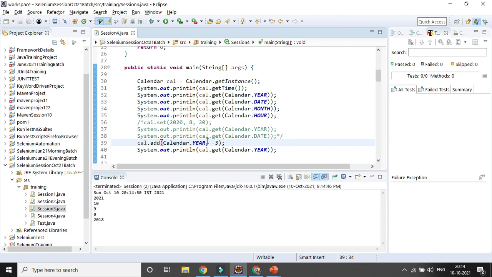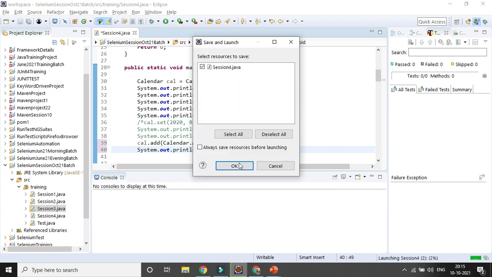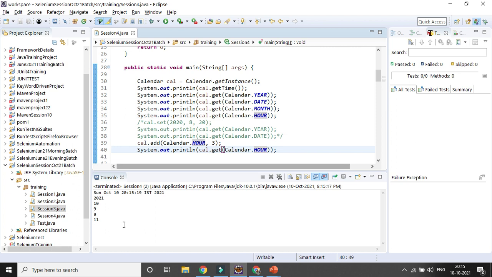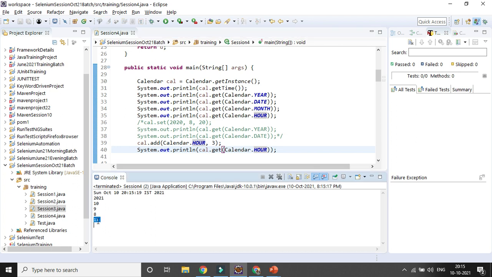Suppose I want to add hour as plus 3, and check the hour only. Definitely it will be 8 plus 3, so the hour will be 11. You can see the hour is coming as 11, 8 was there.